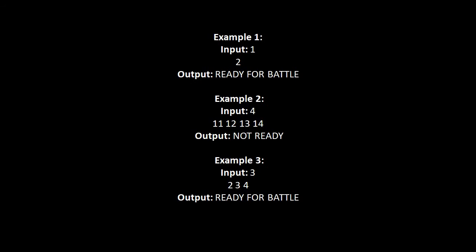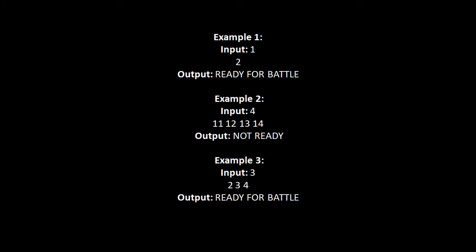We see the second example, 11 and 13, that is an odd number of weapons. Then we can say that those 2 soldiers are unlucky and the soldiers holding weapons 12 and 14 are lucky. So we have an equal number of unlucky soldiers and lucky soldiers. But we need to have more lucky soldiers in order to win the war. So we will say this army is not ready.